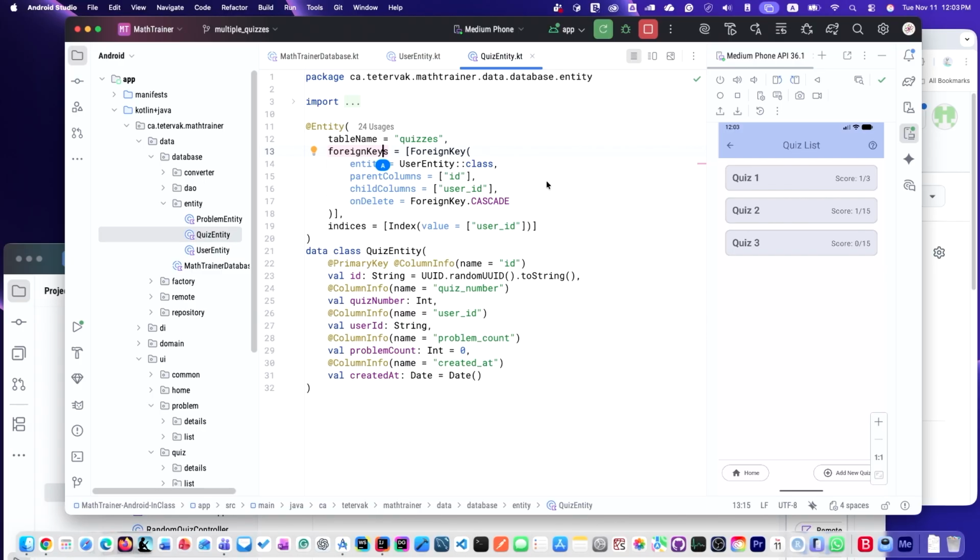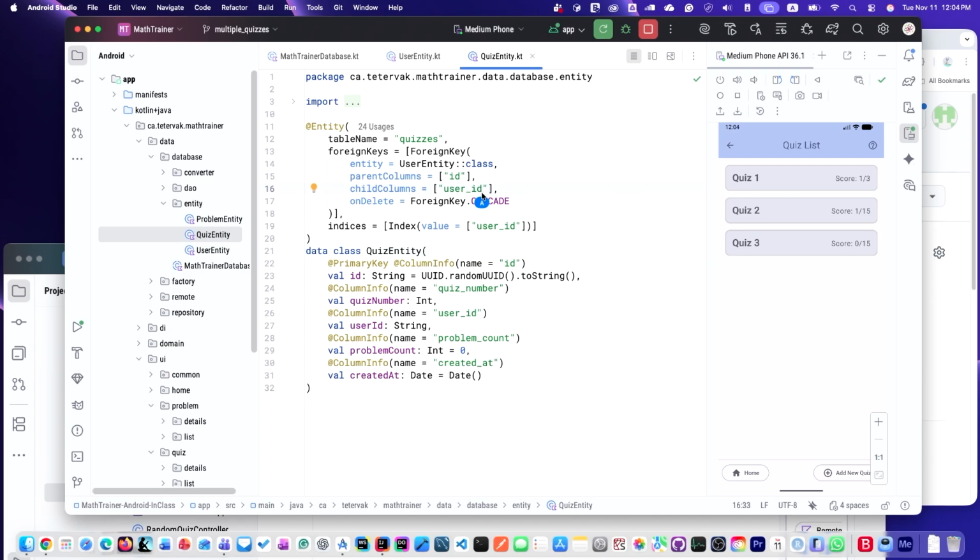It is a primary key elsewhere, right? Okay. So in my foreign keys of a quiz, I have a foreign key, which is user ID,